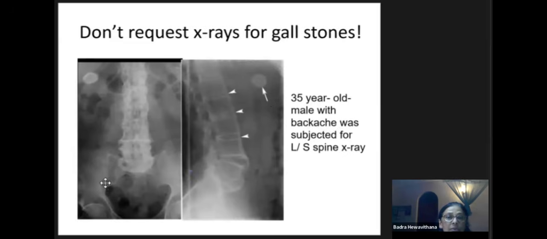Sacroiliac joints are totally fused. You get a kind of a bamboo spine. So what do we see here? I put this X-ray because this is the other way we used when we were medical officers and registrars. We used to do this kind of X-rays